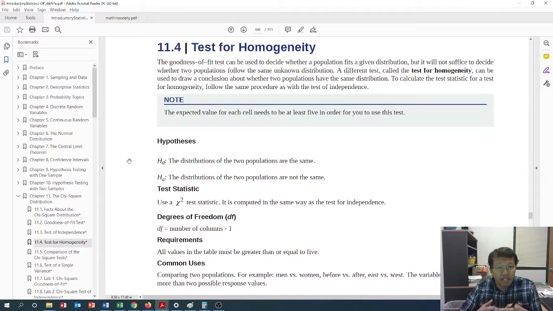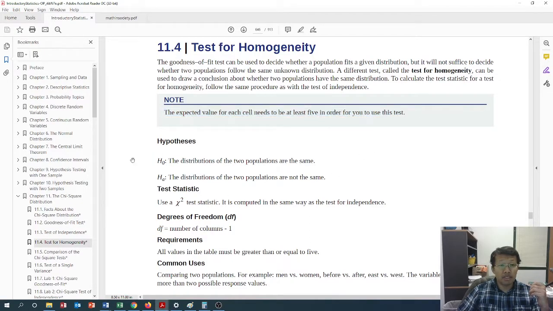Similarly, by the word homogeneous, we will try to check whether two variables have the same distribution or not. Test of homogeneity can be used to draw a conclusion about whether two populations have the same distribution or not. We always need to realize that the observed value is already given. We try to come up with expected values. We get a separate table for expected values, and each cell needs to be at least 5 to